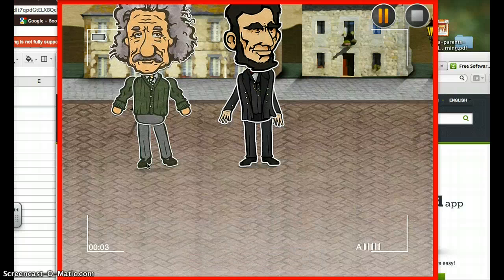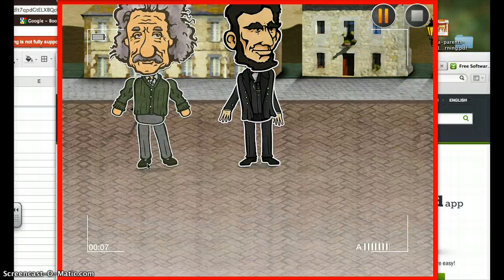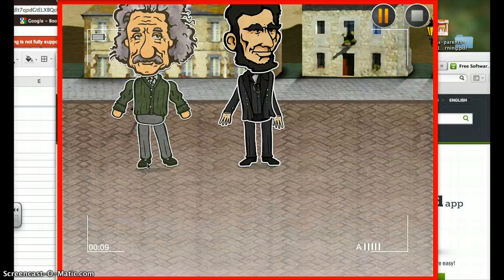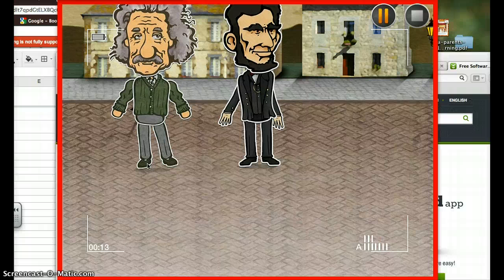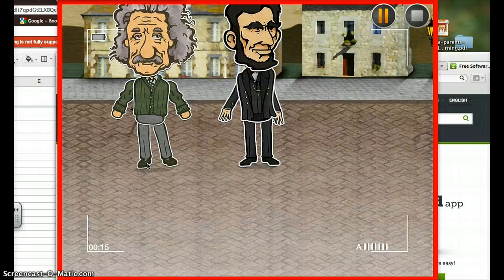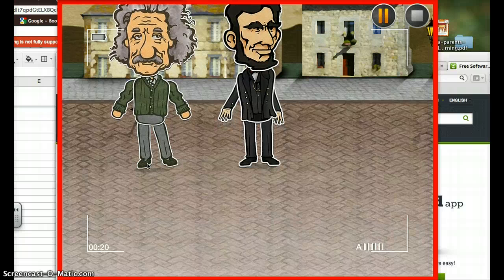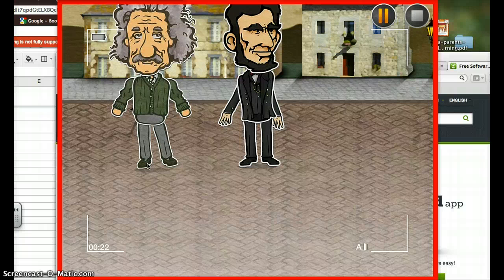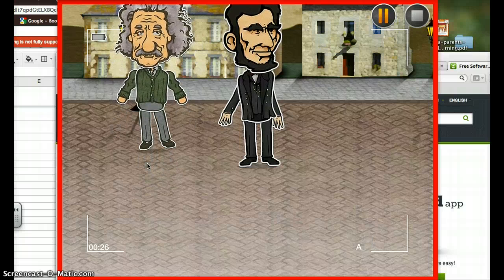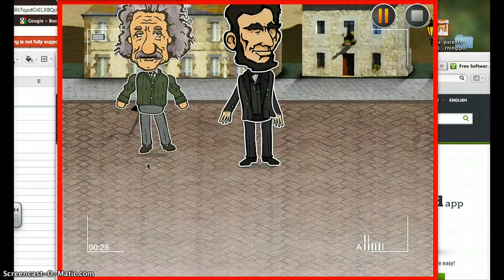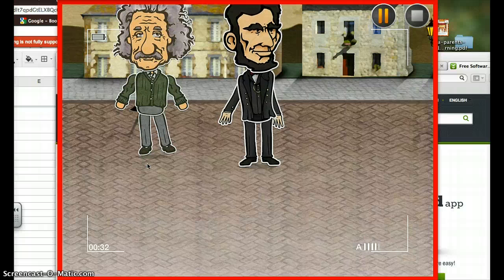I'm not really worried about plugging in the headphones right now. The bar on the bottom tells me it's capturing my voice and the time. If I've got two kiddos retelling the story here, the first kiddo is going to press on the first character. And when they press on it, you'll notice that as I press on him, his mouth moves. So I could say something like, in the story of Goldilocks and the Three Bears, there are three bears who live in the woods. And then I might have the next student switch over